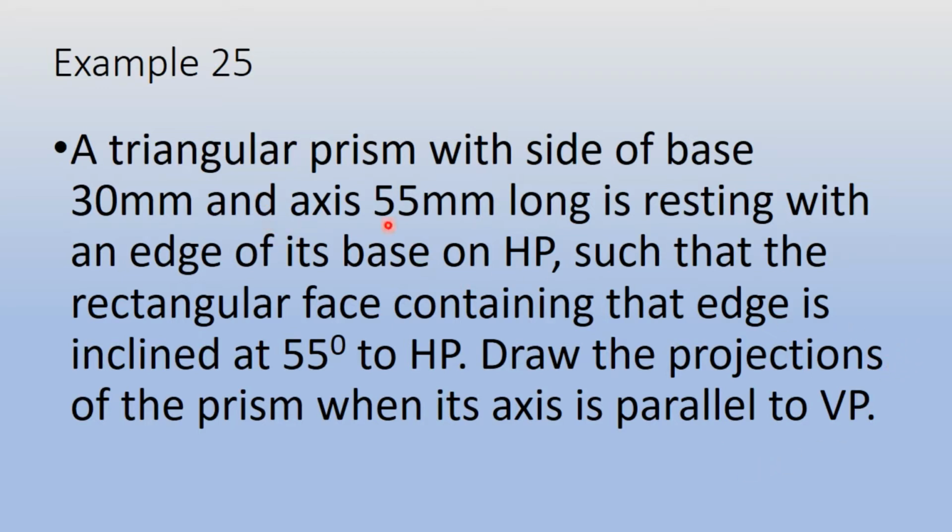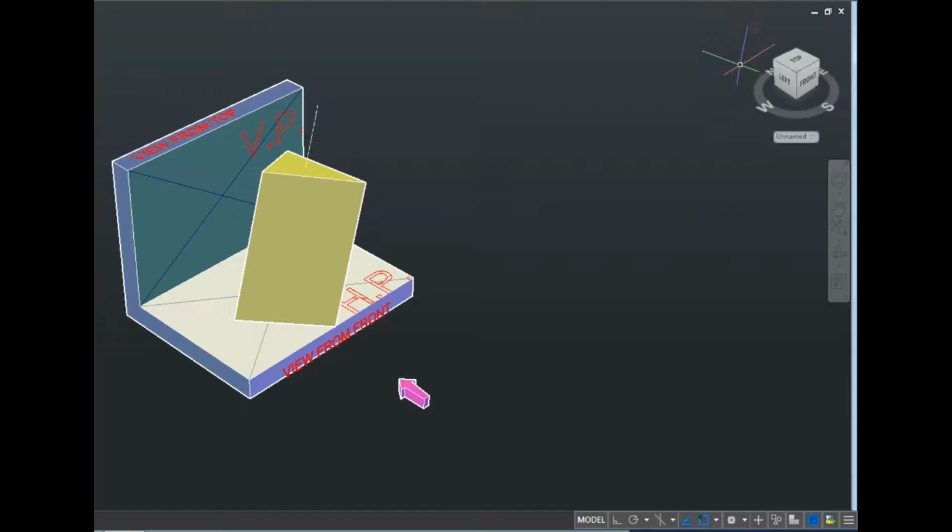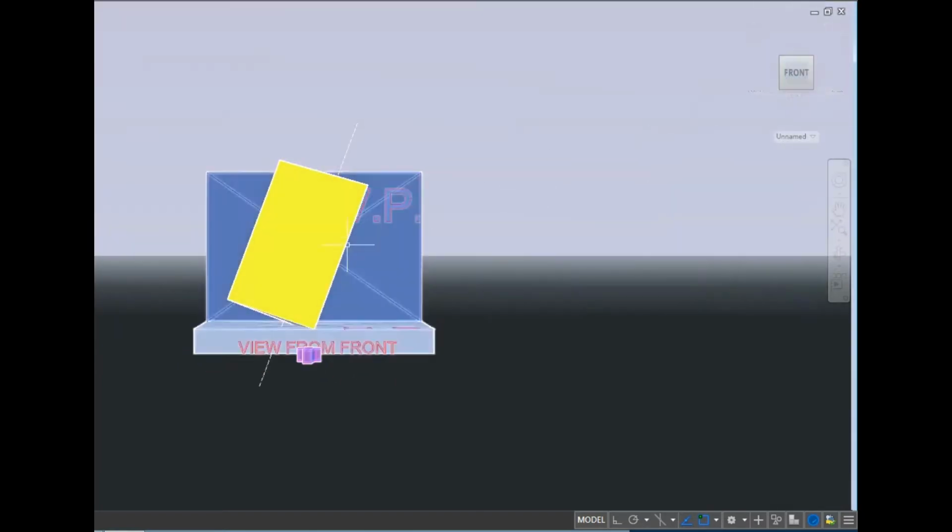I'll place this triangular prism directly with the inclination angle, but while drawing I'll first assume that it is directly standing on the HP, as we do for all inclined questions. So as you can see here, now I have placed this triangular prism on the HP.